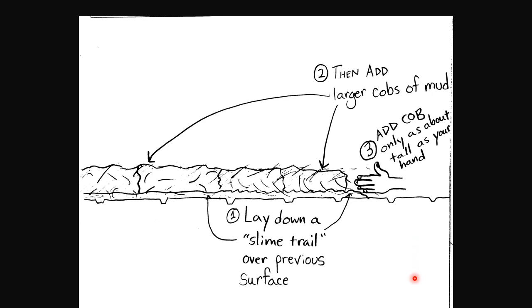So like I said, in this process, what you also want to do is lay down a slime trail over the previous surface. So here was my previous surface. I'm laying down the mud so it really gets down in there and grabs everything. Then I'll add my larger cobs of mud. You don't just take big cobs and slam them on there when you're taking them out of the mixing trough. You want to create a base slime layer that you then put the larger cobs on, and you're driving them in with the cobbler's thumb,